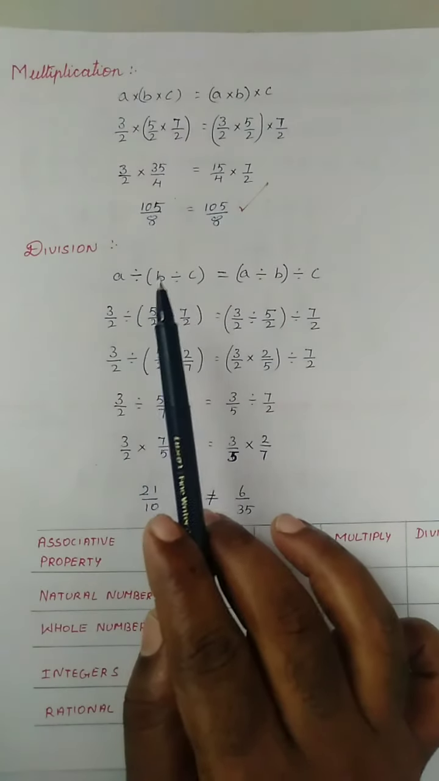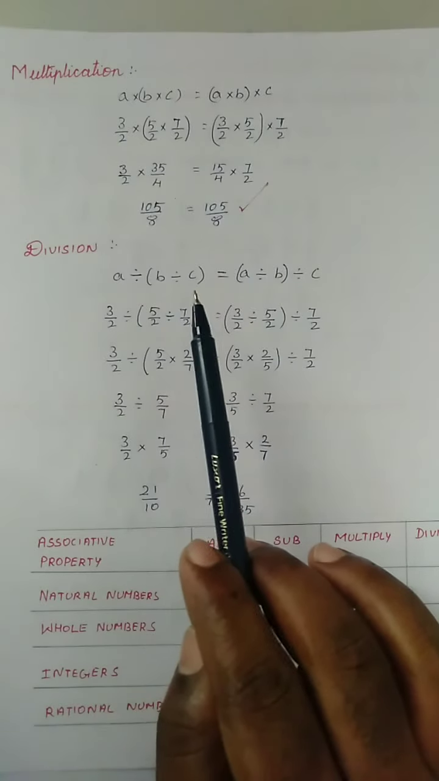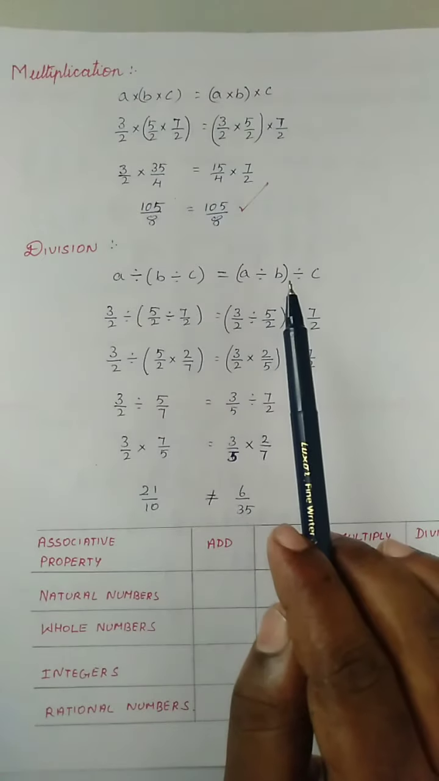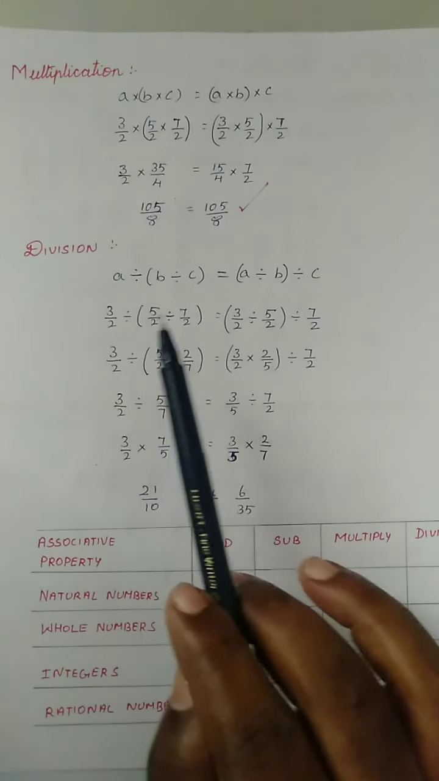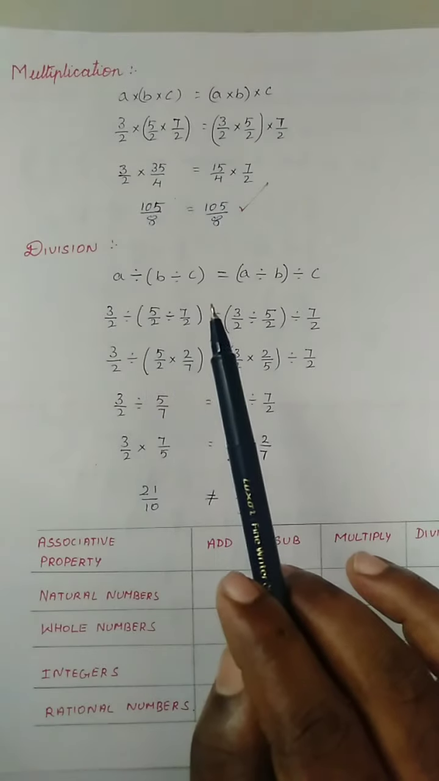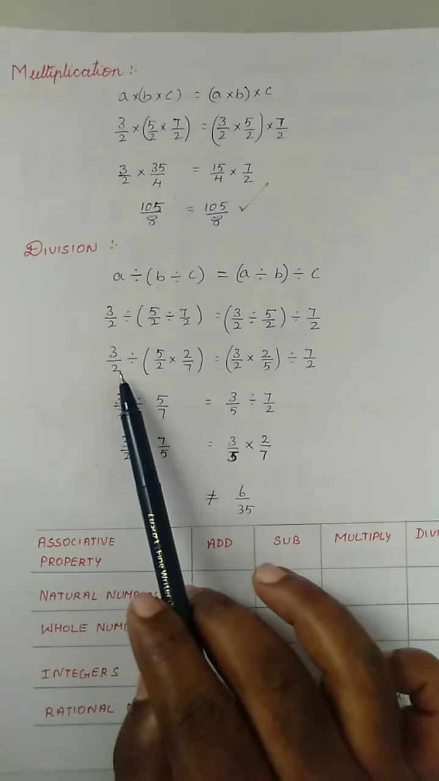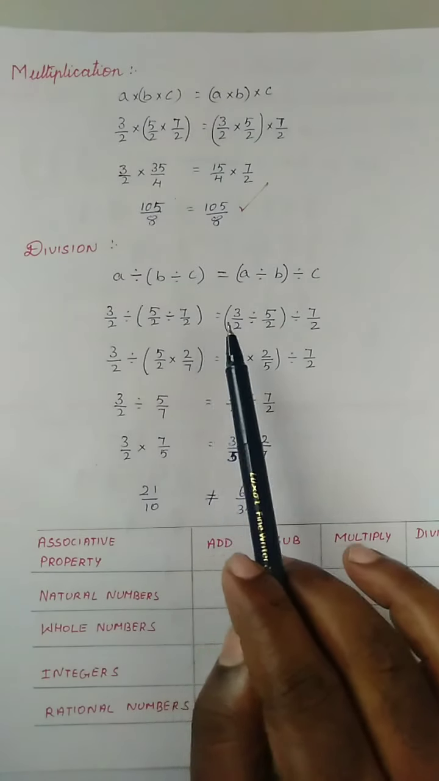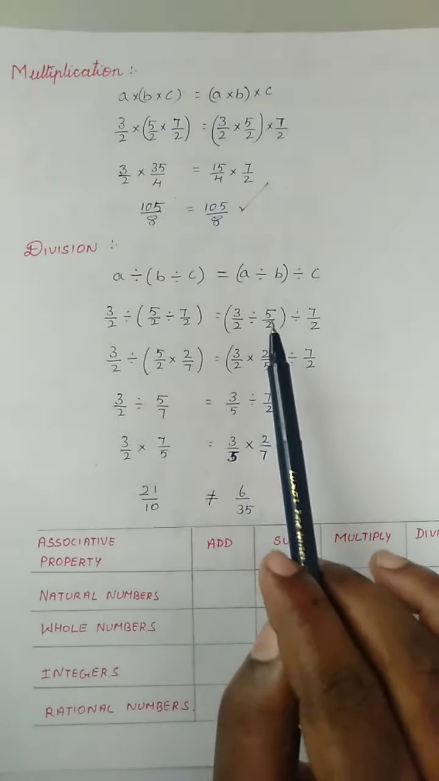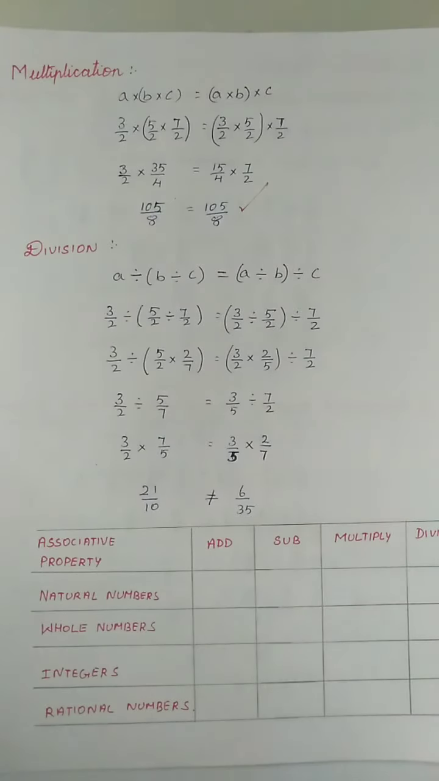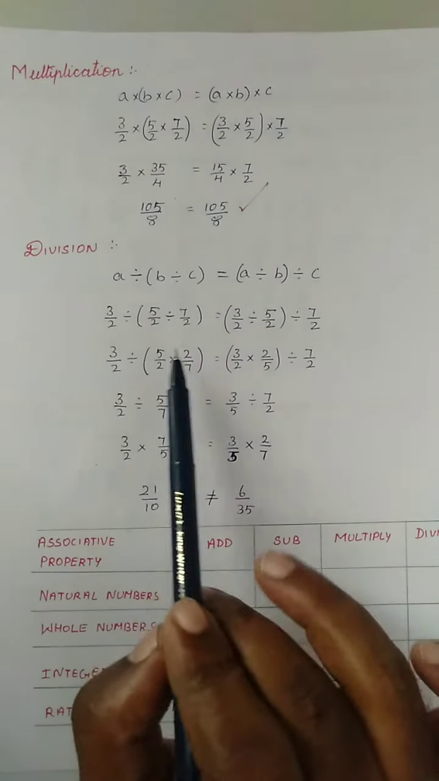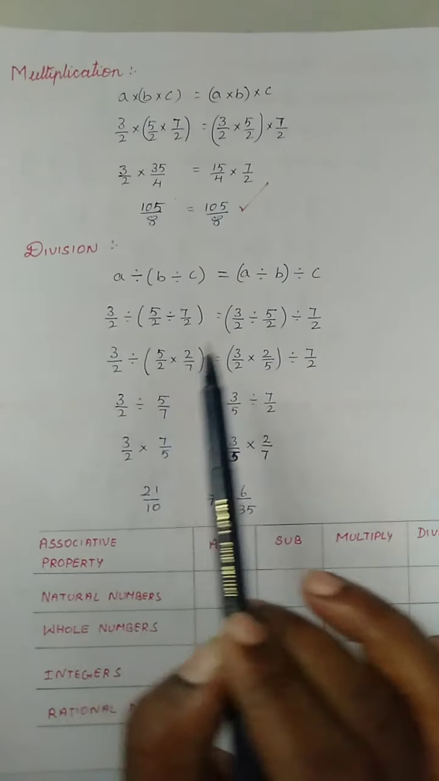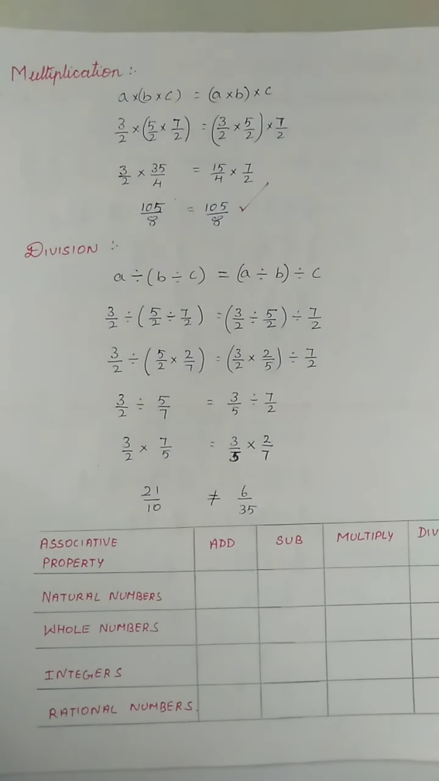A divided by (B divided by C) is equal to (A divided by B) divided by C. Substitute the values of A, B, C. We will get 3 by 2 divided by (5 by 2 divided by 7 by 2) is equal to (3 by 2 divided by 5 by 2) divided by 7 by 2. We can't do anything with this division symbol, so change it to multiplication. So we will get